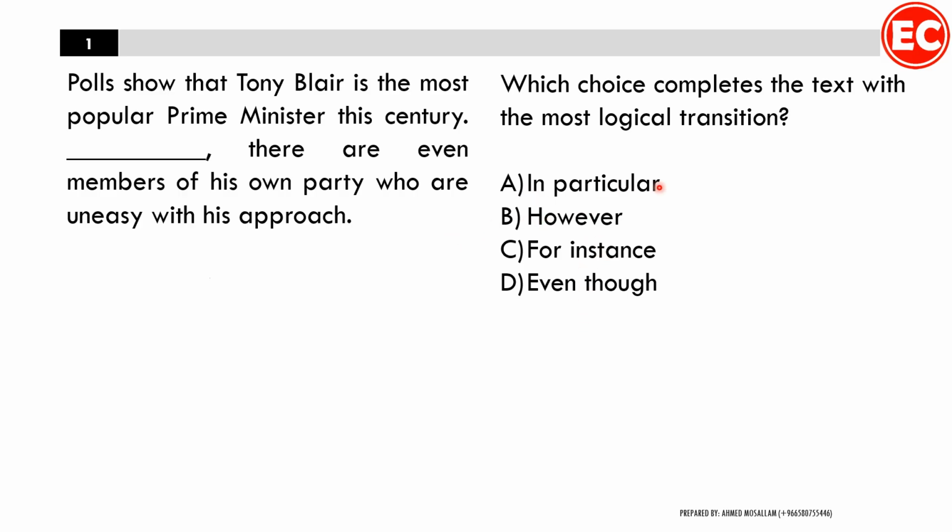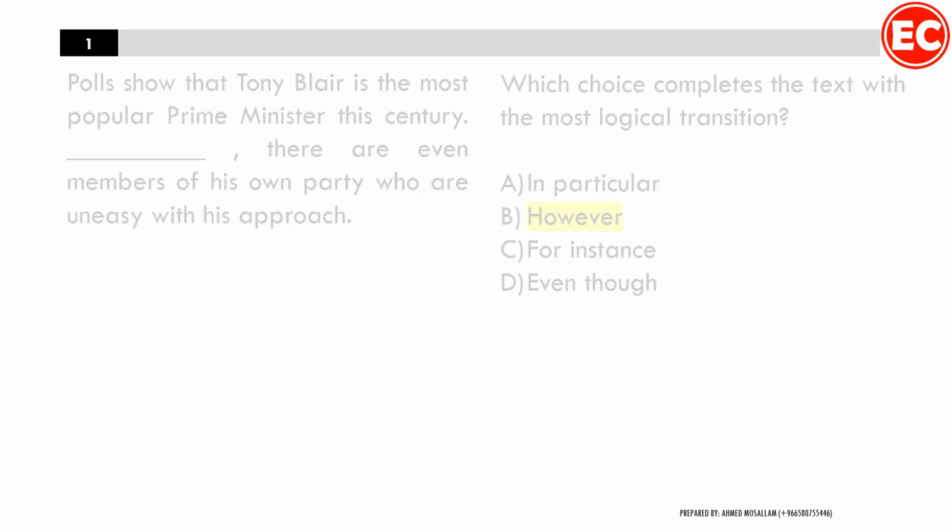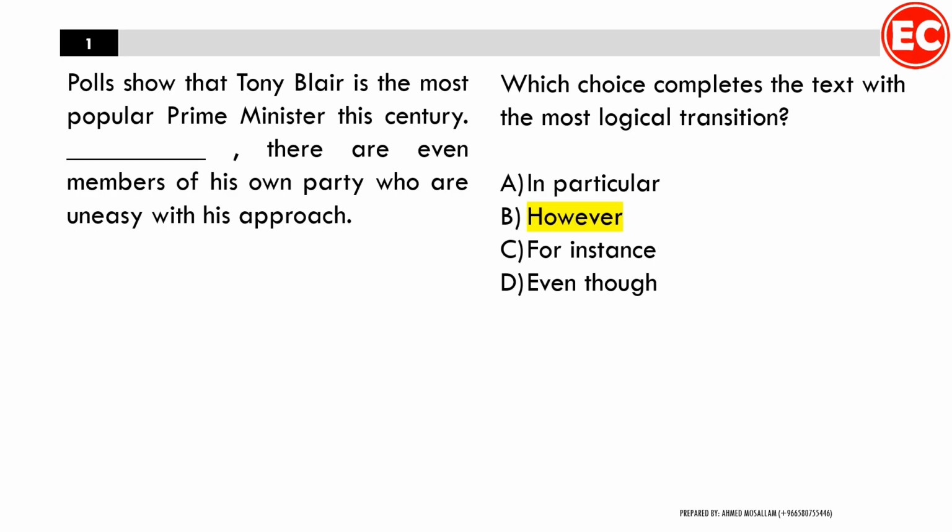We have in particular, which does not suit here. However, which means but, could work here. For instance, okay, for example. Even though, it's a word that we can use, but this is not the right transitional word here. So the answer will easily be B, letter B. That's correct. However,